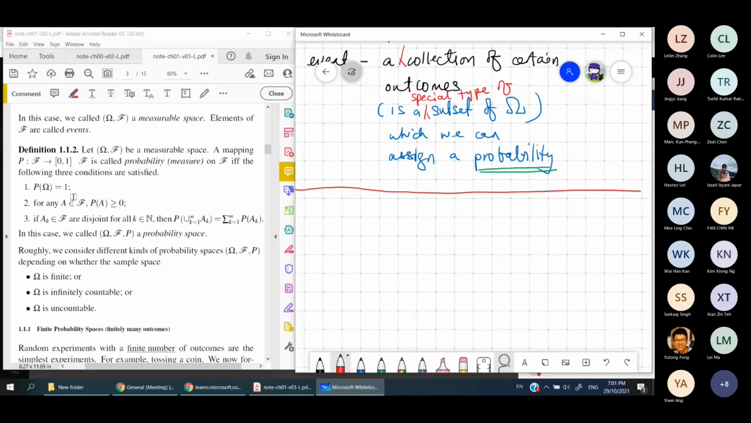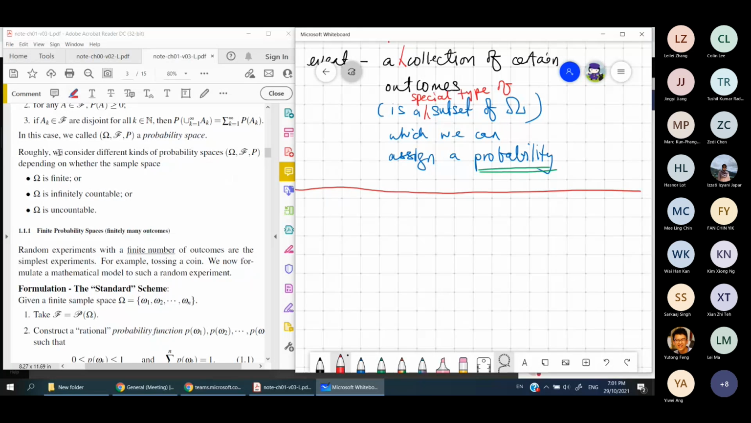Okay, we come to this. Here we're going to consider different kinds of probability space. So there is omega, F, and P. It depends on whether the sample space is one of these three cases. I will begin with the easy one, where omega is finite. After that we go to the intermediate case, whereby omega is infinitely countable. That means it is discrete